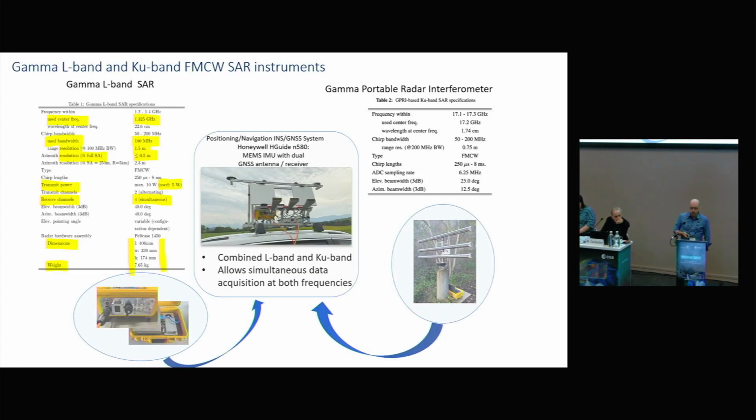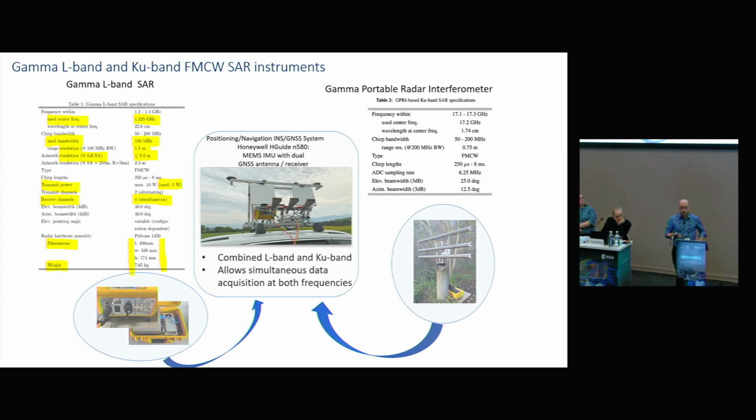So this is the system we are using. It's this L-band SAR system, an in-house development, and we are kind of abusing the Gamma Portable Radar Interferometer as a SAR system. You basically have the same back end in terms of the radar, but instead of these long antennas that are rotating, which is the usual setup, we have horn antennas, as you can see here, mounted on the car that we can operate simultaneously with the L-band system.